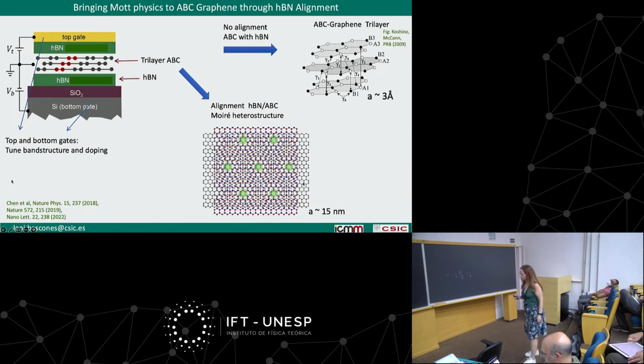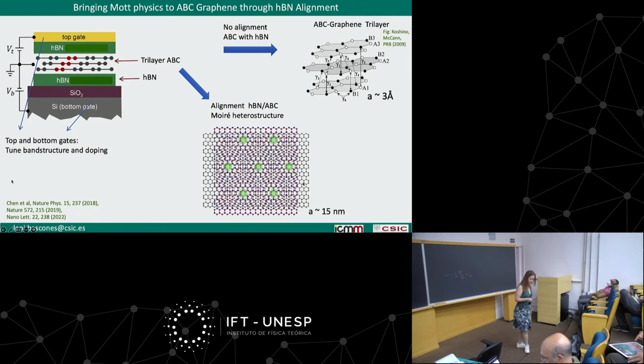Okay, so let me first tell you a bit the idea. How is this system? We have this trilayer ABC, and this is the way in which the three graphene layers are stacked one on top of each other. Then we put them on boron nitride, top and bottom, and we put gates. With these gates, we are going to be able to control both the number of electrons, the number of carriers in our system, and the band structure. Somehow what we are doing is applying a perpendicular field, but also changing the